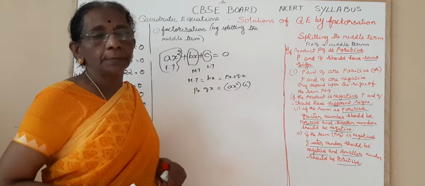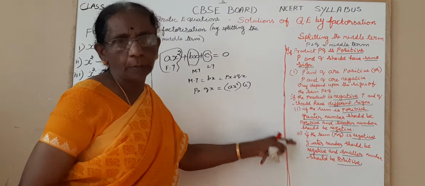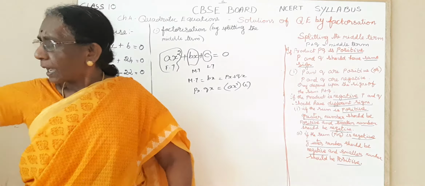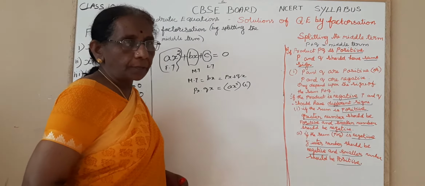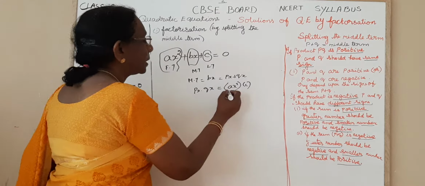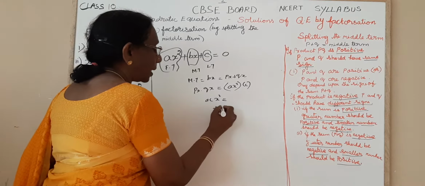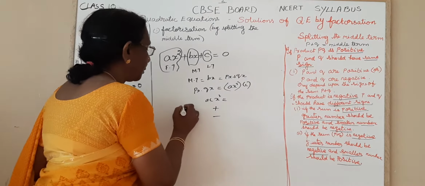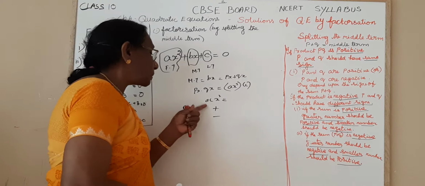Before moving to the splitting of the middle term, let us see here. If you are thorough with this, it will be very easy for you to do the sum, because in algebra, the signs are very important. In a quadratic equation, when you get the product of ac x squared, what will you get? It may be positive or negative, only the 2 possibilities. Isn't it? That is pq. This pq should always be either positive or negative.